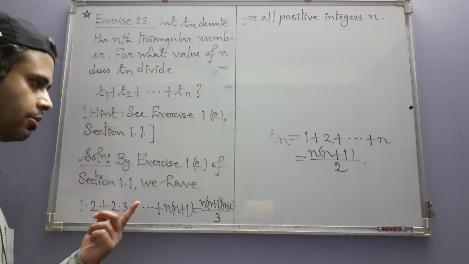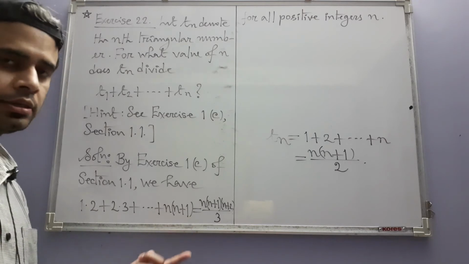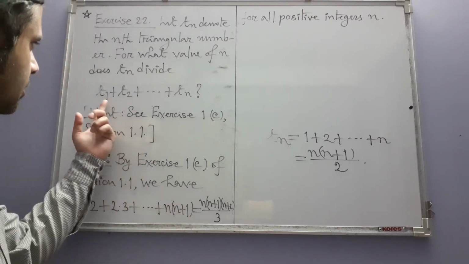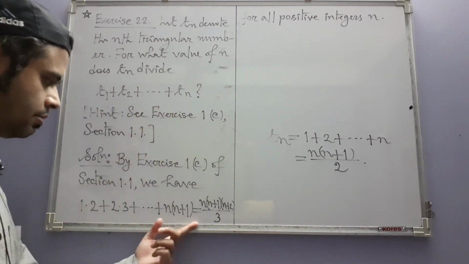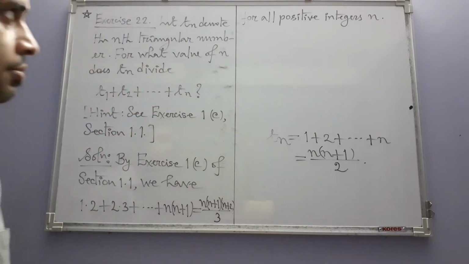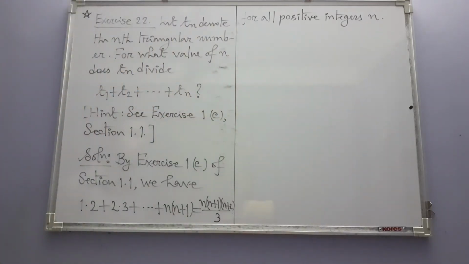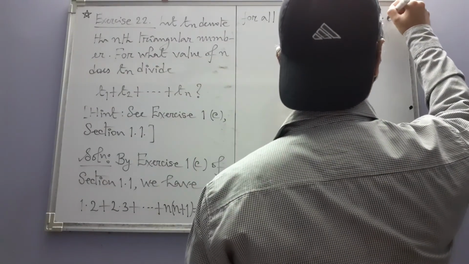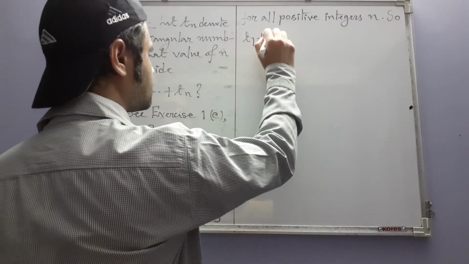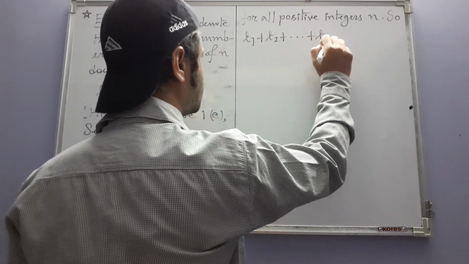And all these terms look like this thing, except we lack 2 in the denominator. So in order to create this sum, we divide on both sides by 2. That's it. So t1 plus t2 plus dot dot dot tn